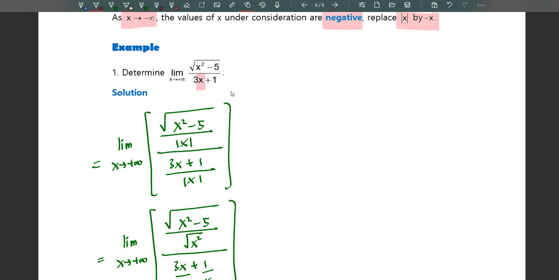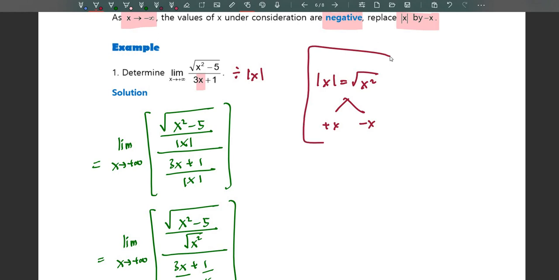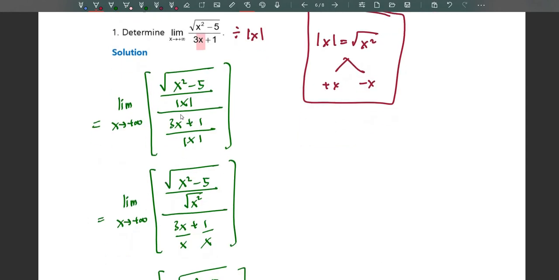As I mentioned earlier, if the highest power in the denominator is x, you need to divide everything with modulus x, where modulus x is equal to root of x squared, because both of the answers can be positive x and also negative x. This is a theorem, we need to follow this. Since both the numerator and denominator need to be divided by modulus x,